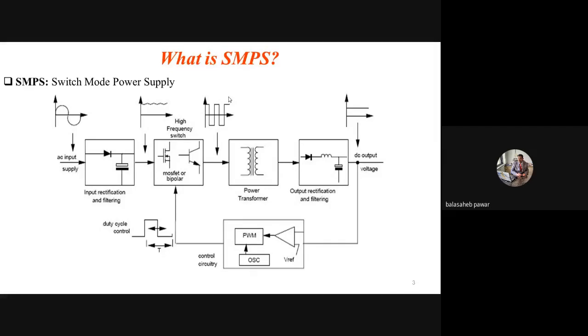Okay. Later on, whatever pulsating DC we obtain after that switch with somewhat pre-calculated T on and T off, that means the considered duty cycle, that pulsating DC signal is passed through the high frequency transformer. Generally, the transformer used is a high frequency transformer. It may be a step down high frequency transformer, or it may be a high frequency coupling transformer, that means no step down and no step up, only a coupling transformer.